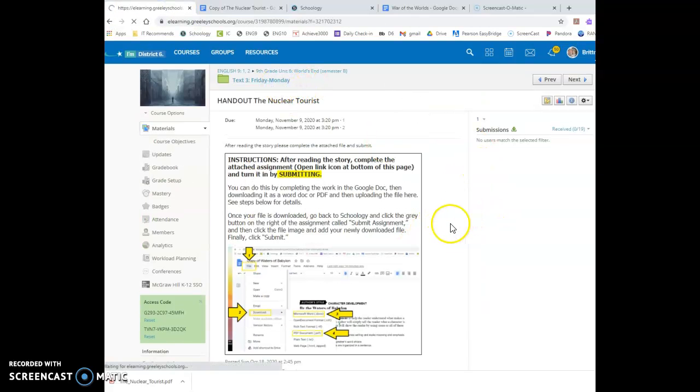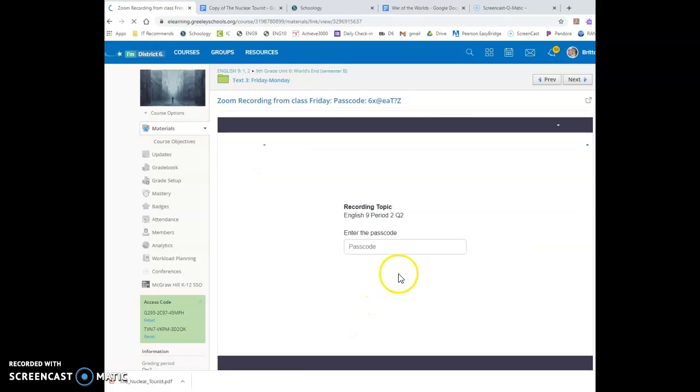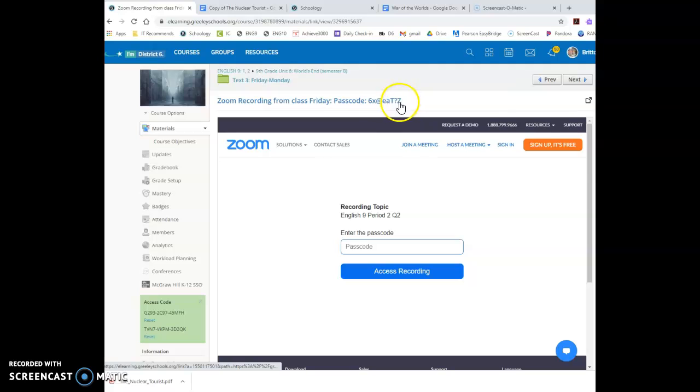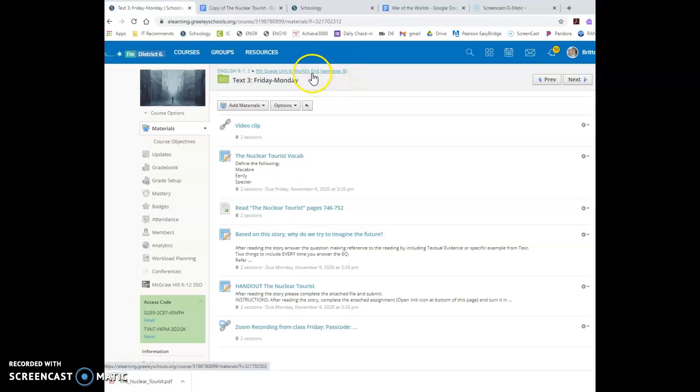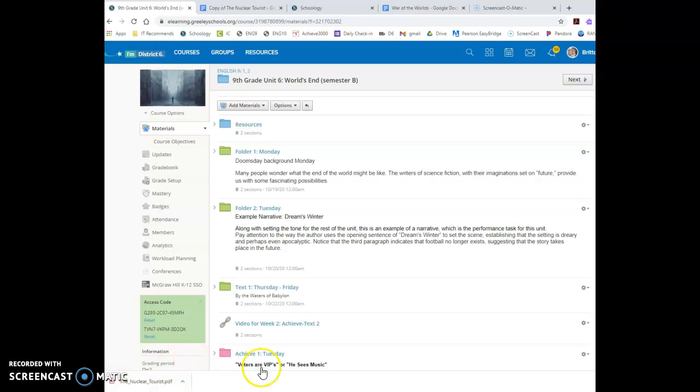And once you are done with the handout, you are done with this folder. There's our Zoom recording from class on Friday. There's a passcode in there in the title. You just click the link, go here, copy that passcode, put it in here, and you can access the recording for 7 days. Pretty cool. And then moving on to the next day, we have